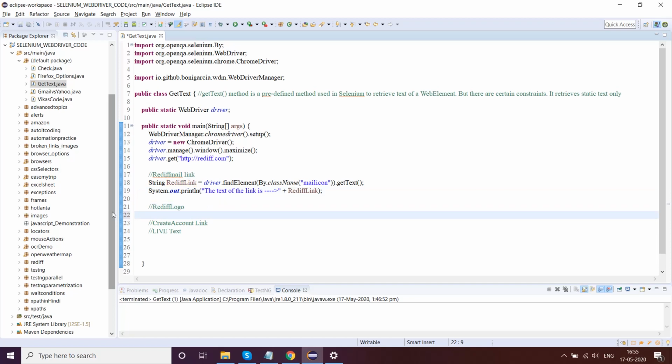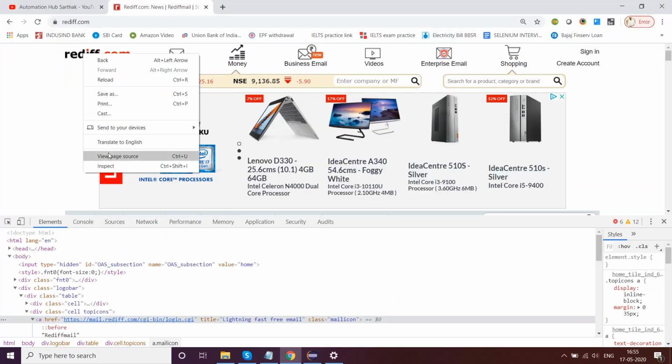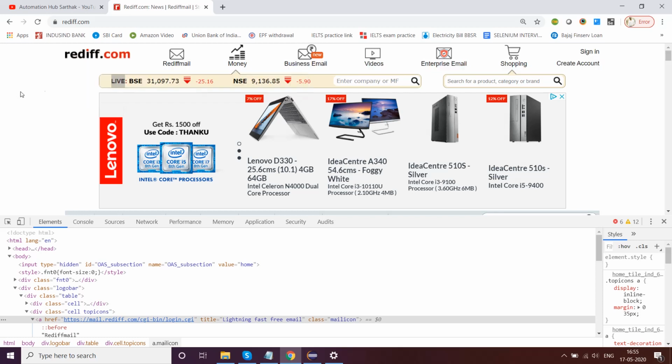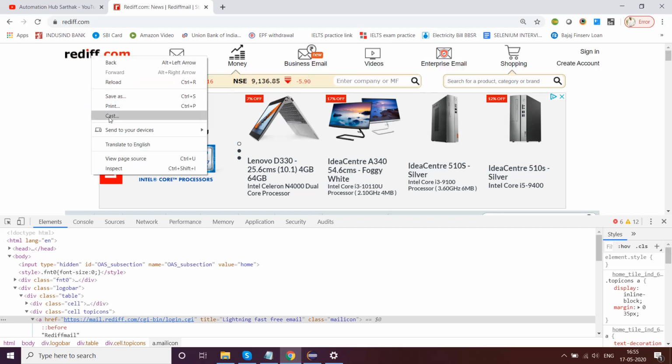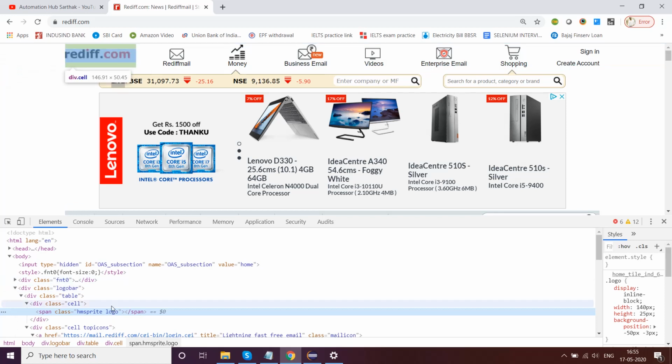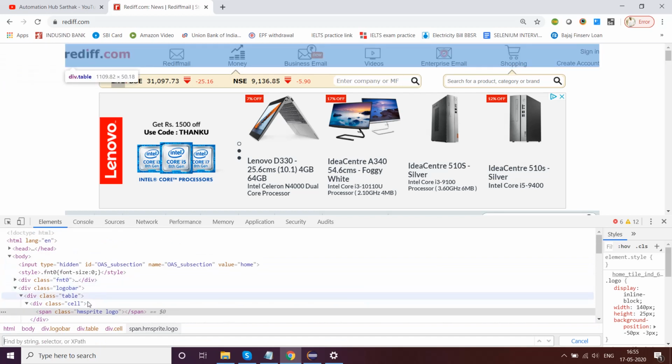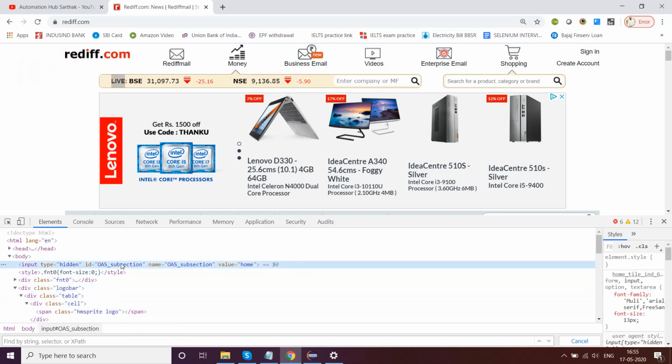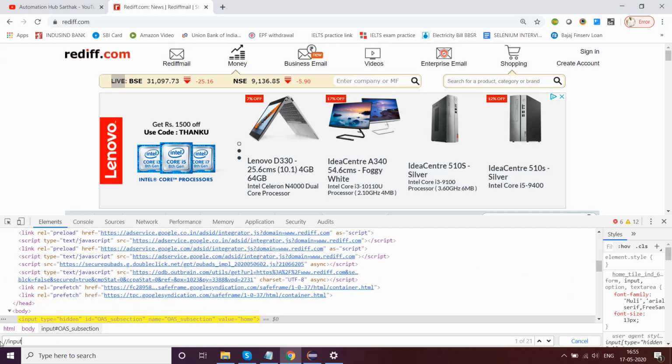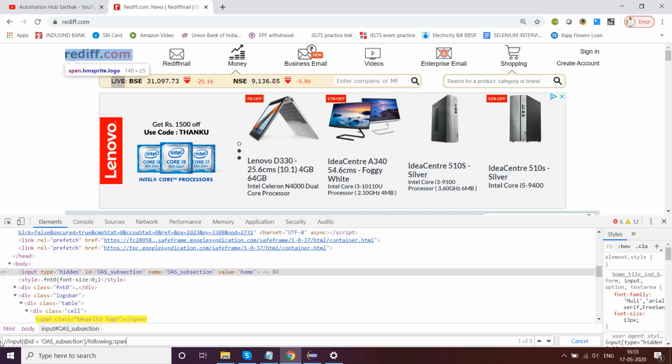Now let's go for the logo. This is Rediff.com. I'm highlighting this particular logo and inspecting it. It doesn't have anything useful, there are two different classes, so we'll try to write the XPath. We'll come from here and traverse, input @id equal to, then following span. I'll keep it 1.